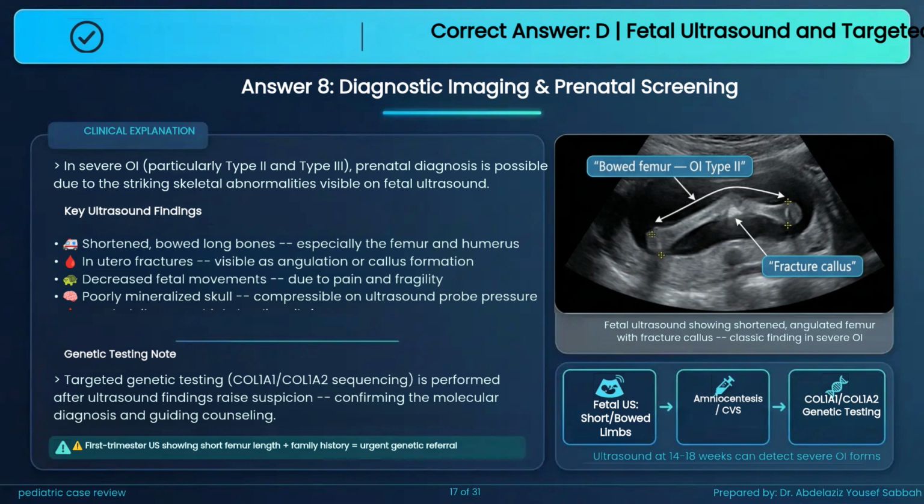Targeted genetic testing for COL1A1 and COL1A2 sequencing is performed after ultrasound findings raise suspicion, confirming the molecular diagnosis and guiding counseling. An important alert: first trimester ultrasound showing short femur length combined with a positive family history warrants urgent